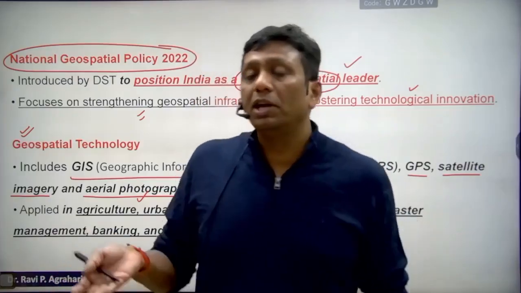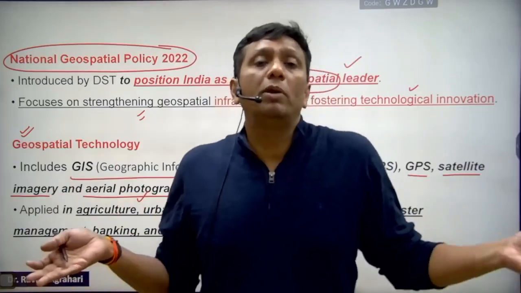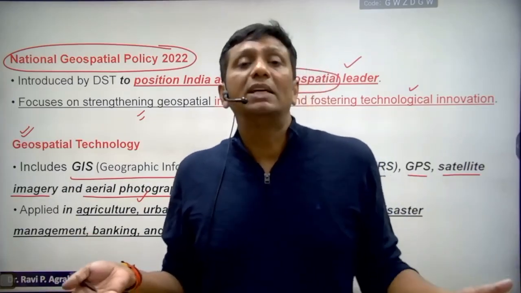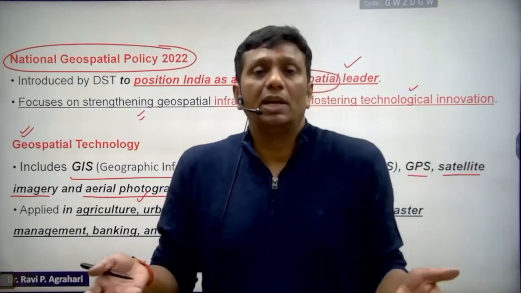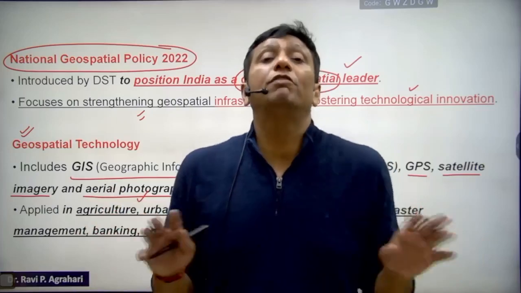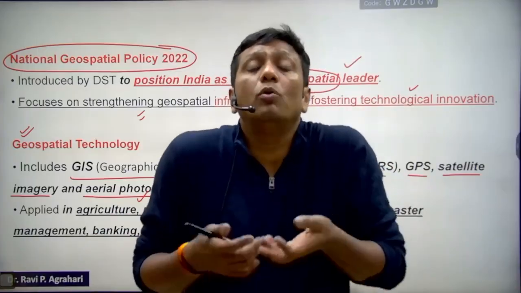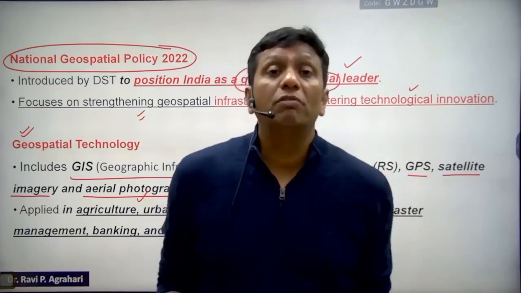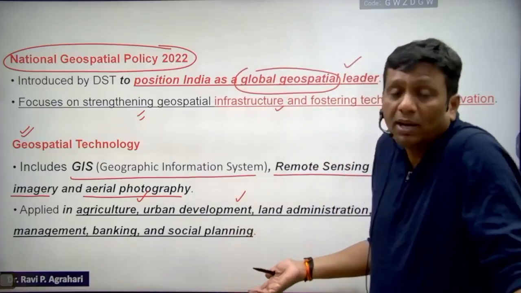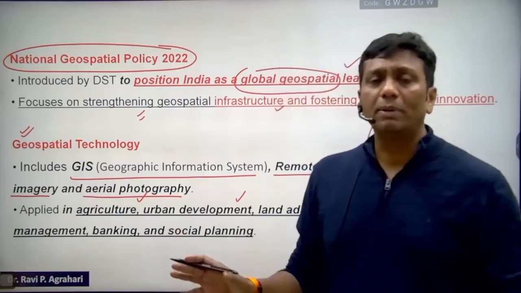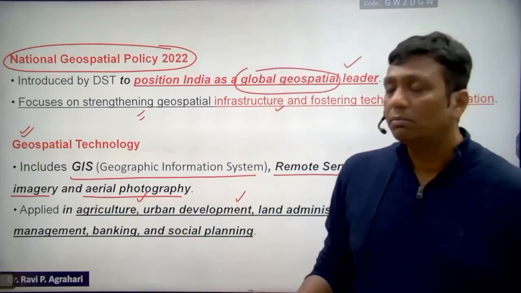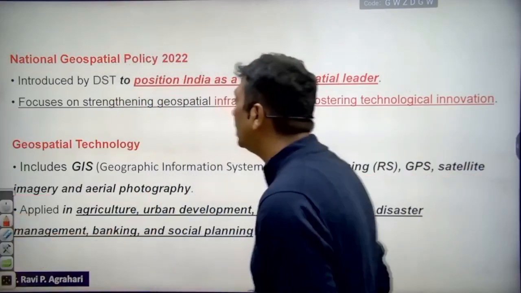Any politicians, any illegal people, any bahubali type of people, gundas and all, may spread their own houses onto the road. But see, satellites are not biased. So satellite and geospatial data definitely give fair information, demolition happens, and for the common people, the road and passage will be better. Here I just created a story to show how geospatial technology may be beneficial for everyone. So in such a way, urban development, land administration, disaster management, banking, and social planning also get very beneficial through the help of geospatial technology.